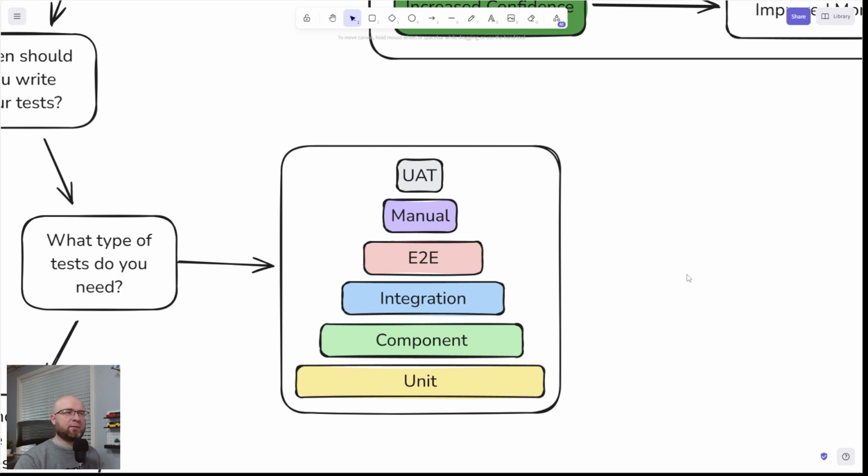So let's talk about what type of tests you need. This is the testing pyramid. The bottom is basically what type of tests you should have the most of. And then at the top is the least amount of testing. This is, again, an image of a pyramid that I reformatted based on my own understanding of testing throughout the years of experience that I've had.